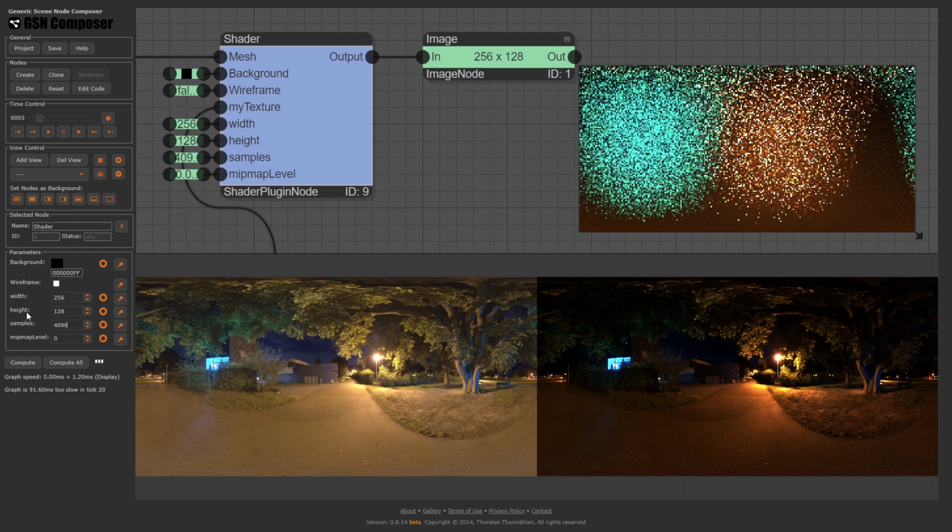Why do we observe the noise? If we look at the input image, we see two very bright light sources. One light source is this bluish window and the other one is this street lamp. When the random process of selecting input radiance directions is choosing these bright light sources, we get a very high contribution. Otherwise, the radiances are low. Sometimes we have a hit, sometimes not, and this produces noise. As I have mentioned before, it would have been a good idea if our importance sampling would follow the incoming radiance function Li. Here we could gain a lot from importance sampling because the incoming radiance function contains high frequencies.